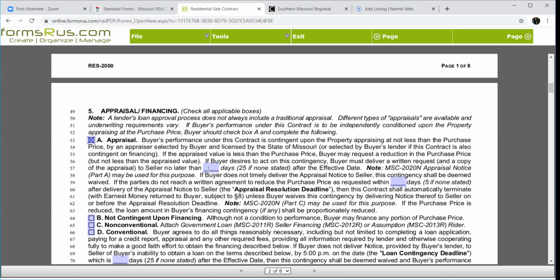Now, by default, you've got 25 days to get that appraisal in. I want you guys to make that whatever your closing time period is. So if you're 45 days to closing, make it 45 days. And the reason I say that is, A, it's a good protector for you, but let's assume the appraiser goes out there and says, hey, the house is not going to appraise until the roof is repaired. Once the roof is repaired, I will be glad to go out and reappraise it, and I'm certain that it'll meet the numbers. Okay, so in the inspection notice, we have agreed the seller's going to fix the roof.